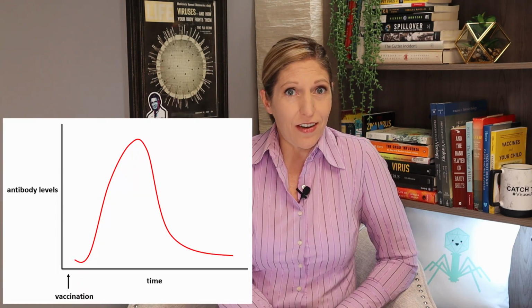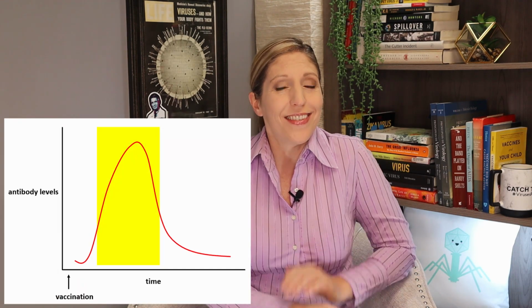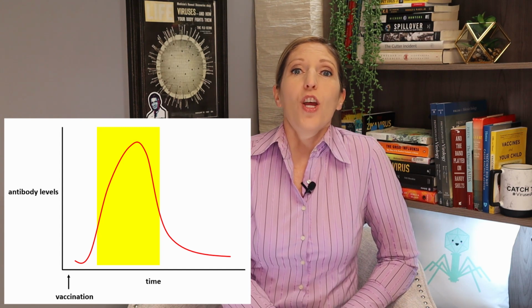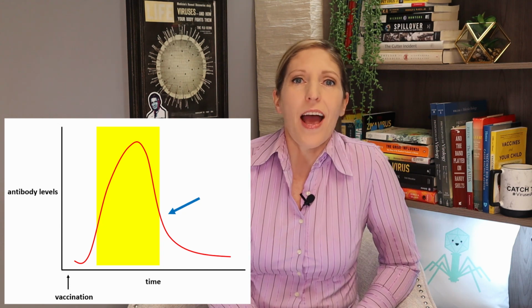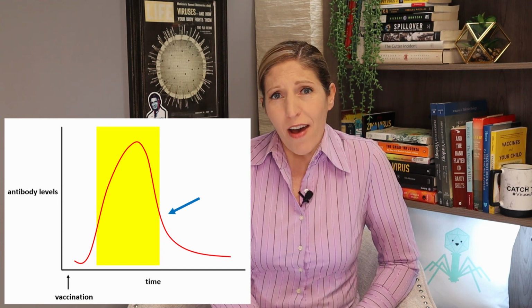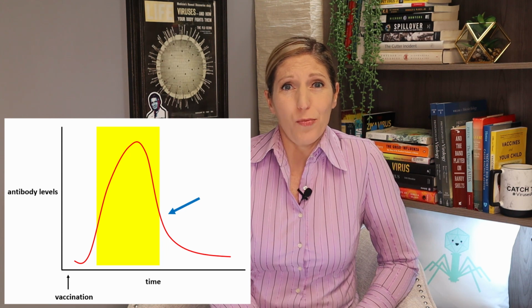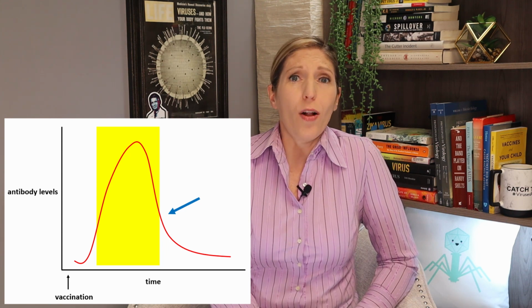When there are a lot of circulating antibodies specific to a virus, they can quickly sequester the virus before it has a chance to enter our cells, infect them, and replicate. In this sense, the vaccines do induce sterilizing immunity within a certain time window. However, we also know that antibodies contract or their levels decline over time. It's not normal to have high antibody levels to every single antigen we encounter all the time and at all times. That does not mean, however, that you are no longer protected from disease.